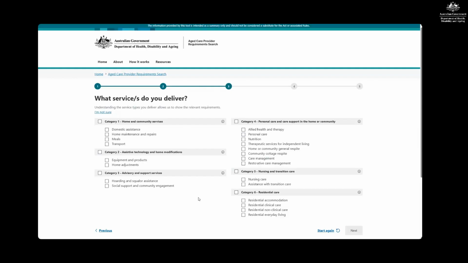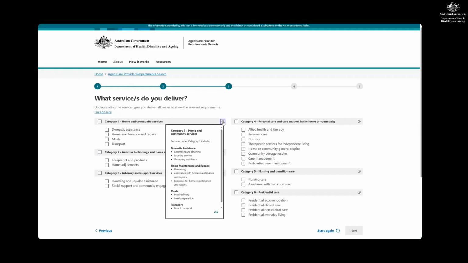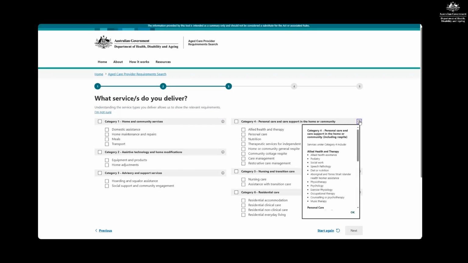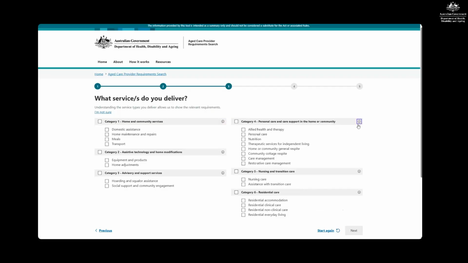So now we're on the registration categories page. We'll go with residential care, but I think the thing to point out here for other users is if you click on the information icon, it will show you all of those services that sit under the particular service types of each registration category. So it's a useful reckoner of what's actually derived from the service list detail. So we'll click, for the example, residential care,